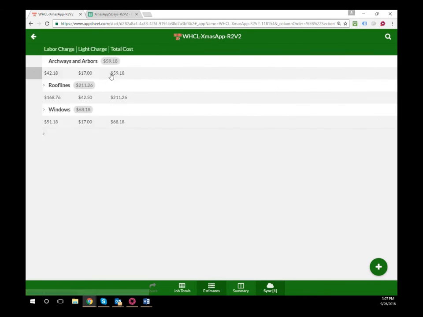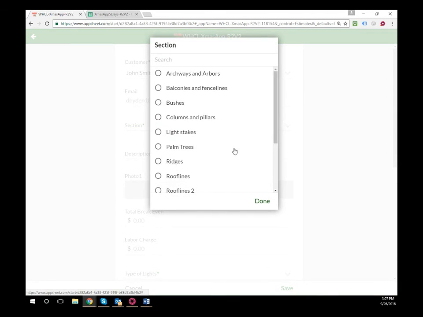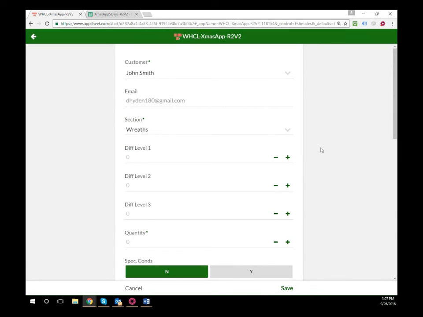And then what we're going to do is we're going to go back to our estimate. Once we go to John Smith, we're going to add the section. We're going to go to the wreath section. And you can have the wreaths all pre-filled in there, so you don't have to do this every single time. Difficulty level, let's say with wreaths, it's